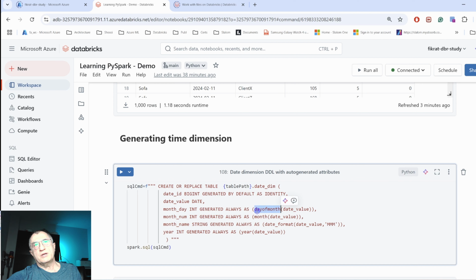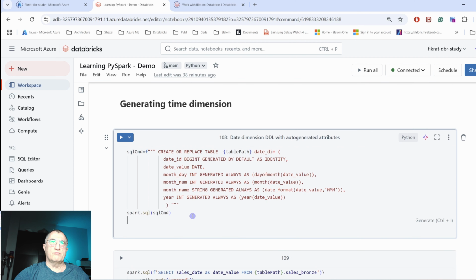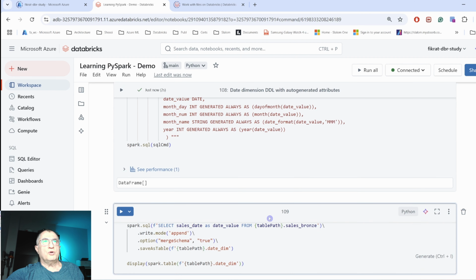So you can see I'm using day of month. There are lots of different functions that are available within the PySpark SQL libraries. So let's run this. Okay, so once I have created this table, I can extract sales date from my source